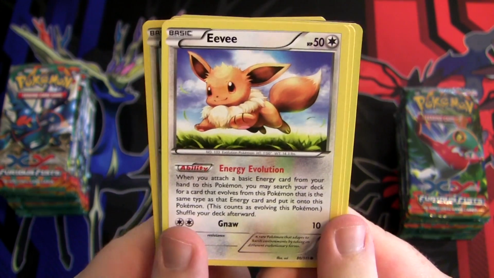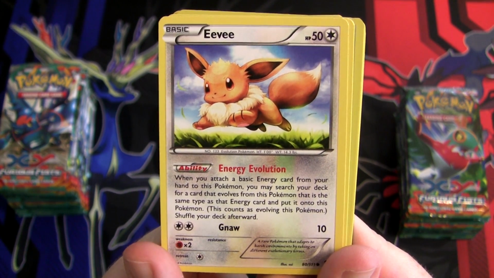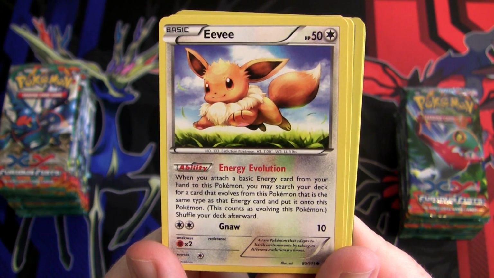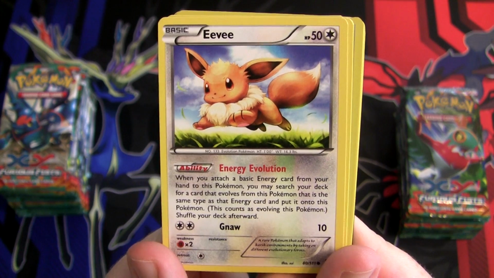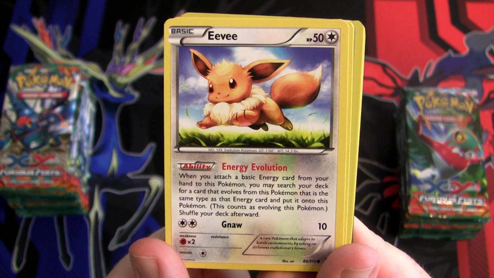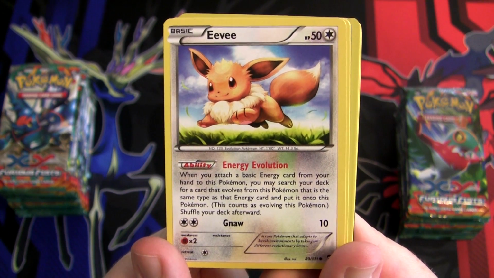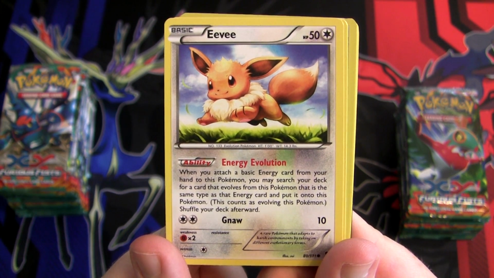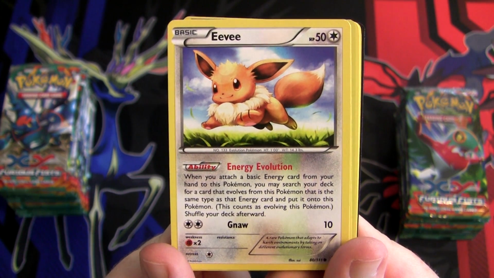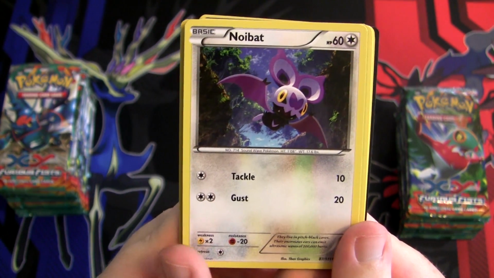Yeah, so this Lickitung, it's okay, but this Eevee, this is what I'm really excited about here. This is a great Eevee. So its ability, Energy Evolution: whenever you attach a basic energy card from your hand to this Pokemon, you may search your deck for a card that evolves from this Pokemon that is the same type as the energy card and put it onto it to evolve it. So what makes this so nice is, let's say you attach a water energy to it, well, you can search for either Vaporeon or Glaceon. Now, Glaceon is considered a water type in the Pokemon trading card game because there's not an ice type, if that makes sense. Kind of like lump it together, I guess. But yeah, you can basically just evolve it right away. You don't have to search for the card itself,